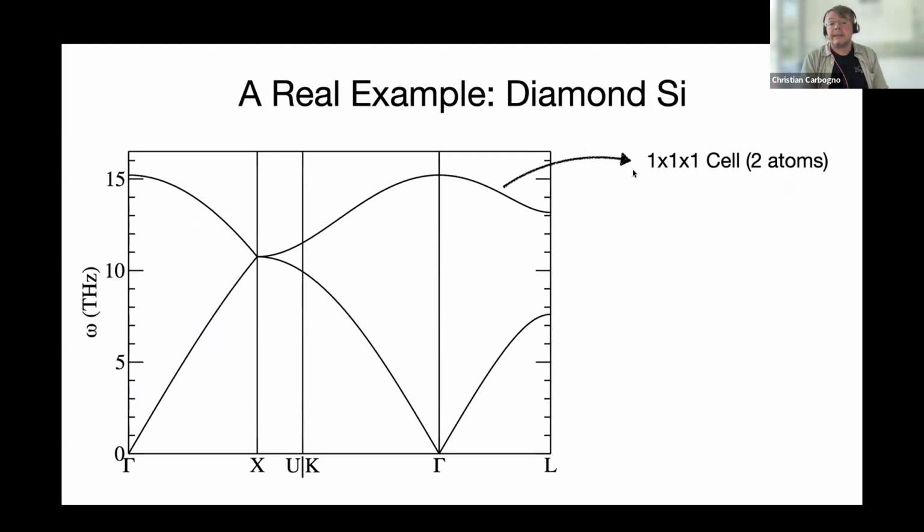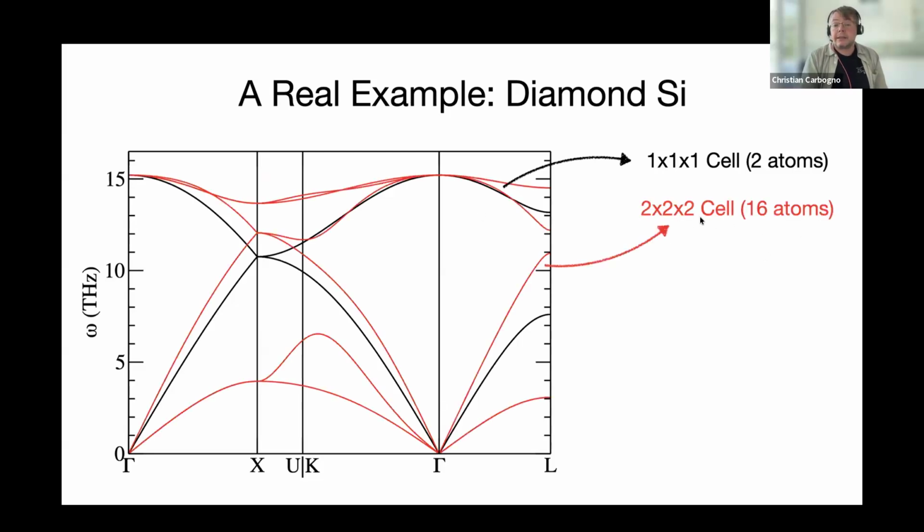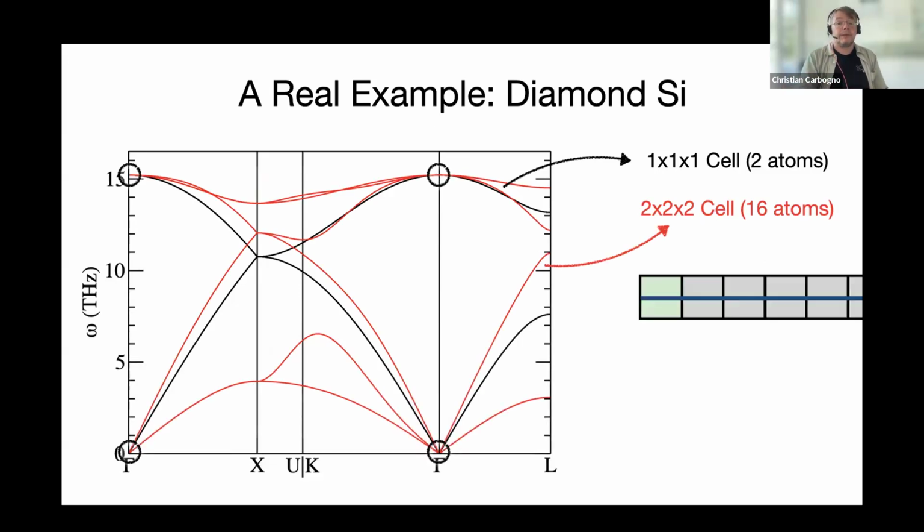So here, this is the result I get from a primitive cell, or when only looking at the gamma point, so only looking at 2 atoms. Then I would get a dispersion that looks like that. If you go to larger cells or to more Q points and do the interpolation, you get quite a different result, but the gamma point has not actually changed because we have retained that in our calculation.